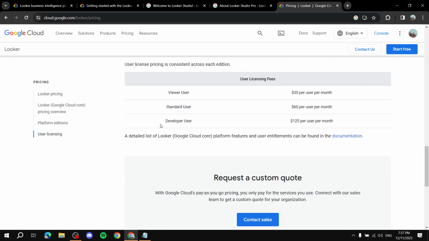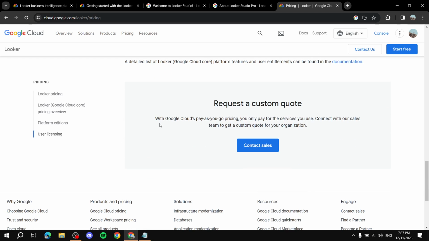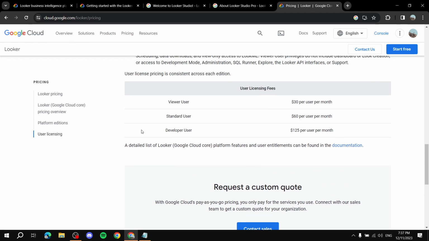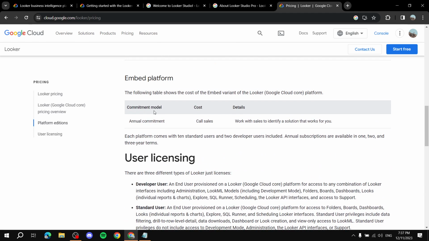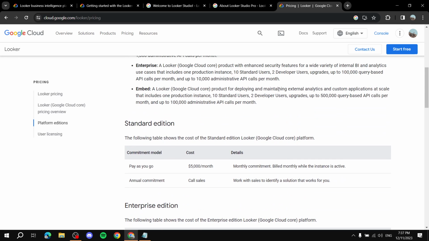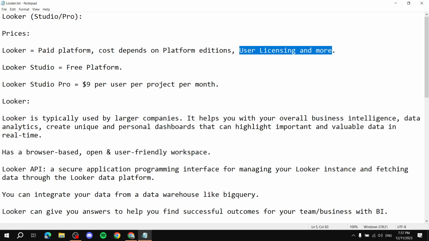But keep in mind, Looker is more focused on larger companies. It's not going to be for an individual, for example. So a huge company could be using Looker, and it wouldn't be a surprise. Now, moving on, Looker Studio is going to be a free platform. You can use everything in it for free, except for the features that are in the Pro version. So Studio Pro is going to be $9 per user per project per month,